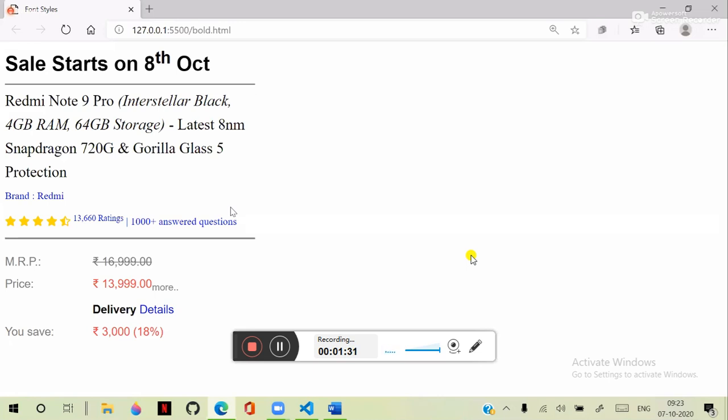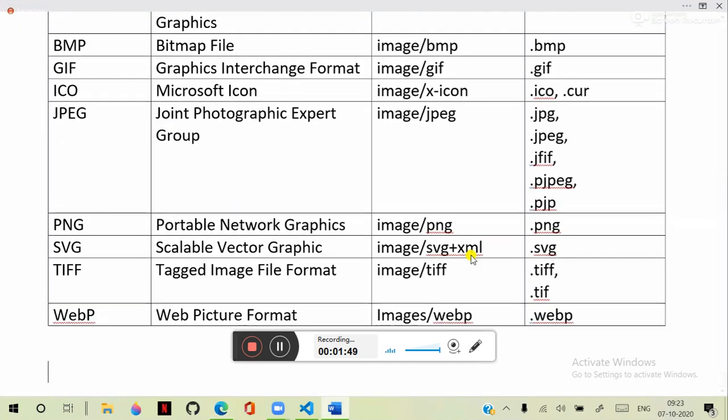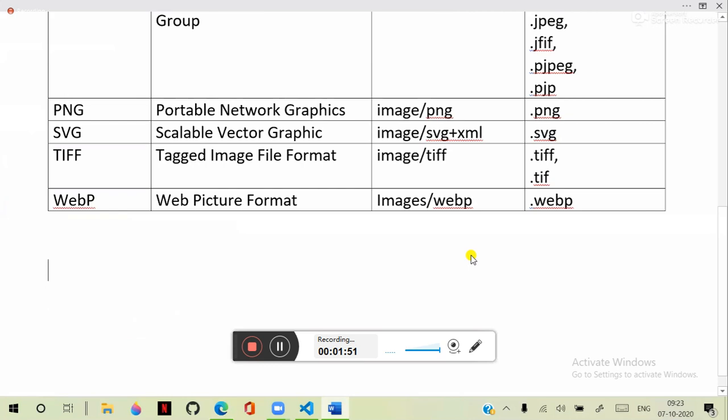To do that, yesterday I gave you the list of various image types supported. What are the image types supported? Right. Now, after understanding that, one more important point a developer should know is